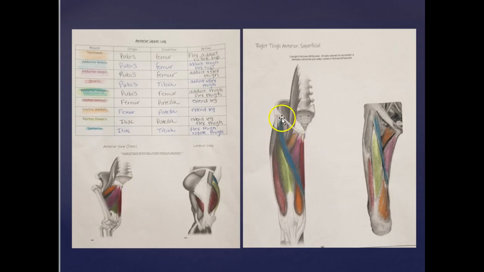You have this muscle that basically crosses the leg. This is the sartorius in blue. It's going to move your tibia. It's actually going to attach to the tibia on the other side here. And then you have